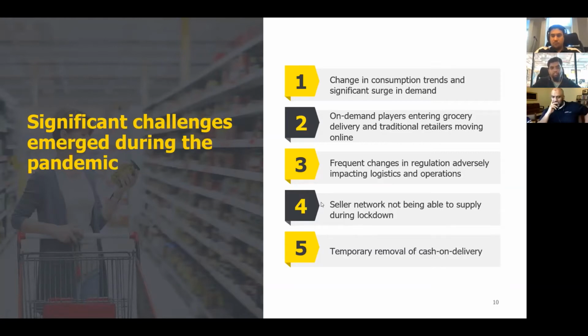You cannot have that many drivers suddenly. You cannot have a much bigger warehouse suddenly. Again, the numbers that I'm quoting are not known numbers, but I'm giving an example that operations cannot scale within weeks of time. So what happened is, when the consumption trend changed, what we mean by the first point is